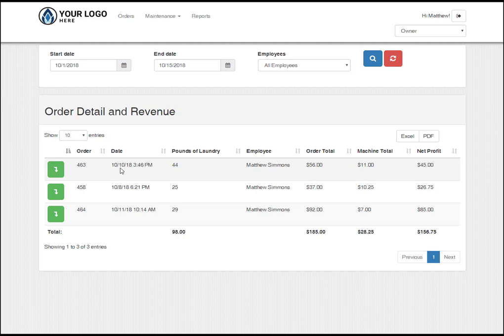So this order was processed on October 10th at 3:46 p.m. We could see the total pounds of laundry, so it's a 44-pound order. We could see which employee washed the clothes, so Matt Simmons did the clothes. We could also see how much the customer spent on this order. So the customer spent $56, and we put a total of $11 into the machine, meaning we made $45 net